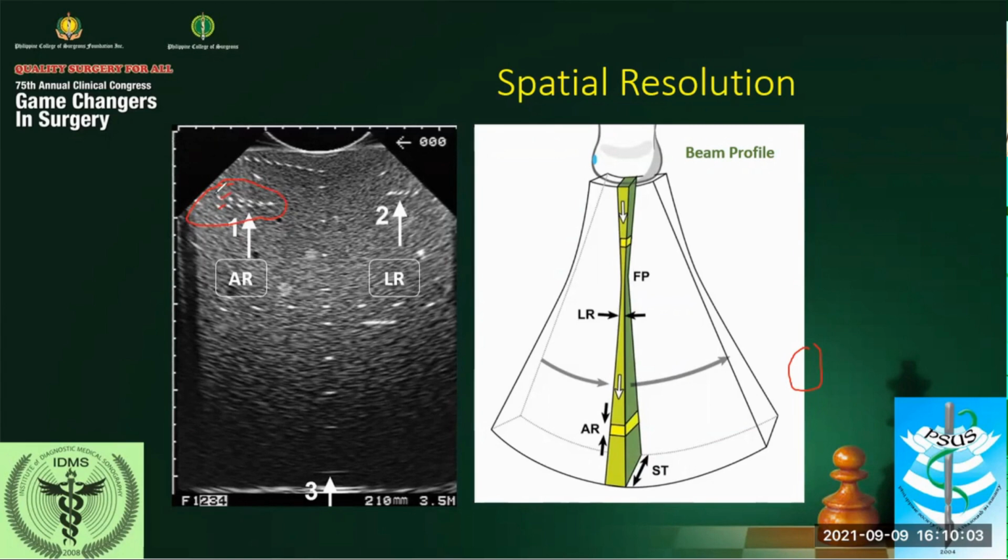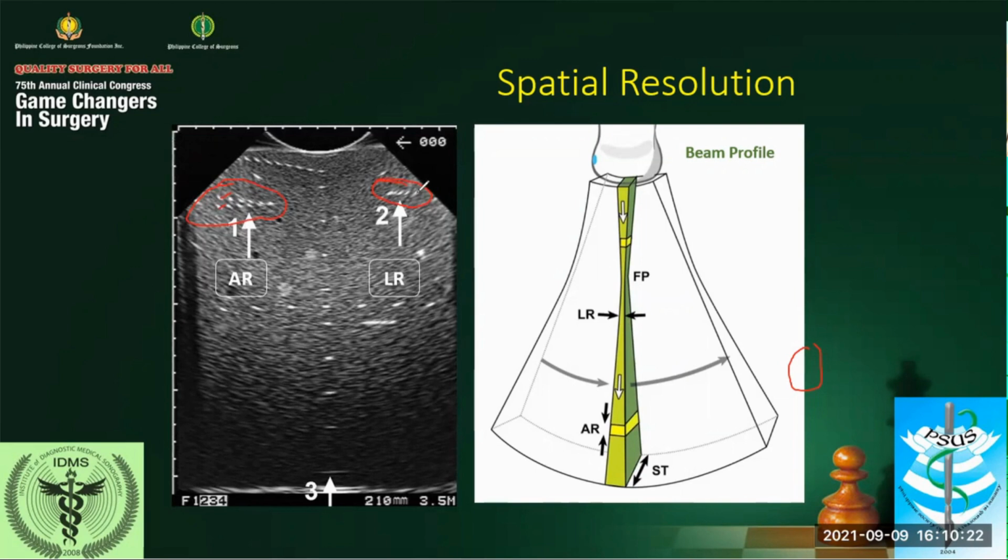This demonstrates axial resolution. Pin group 2 here demonstrates lateral resolution, or the ability to distinguish objects that are side by side, close to each other.